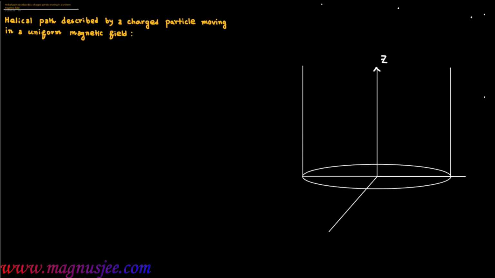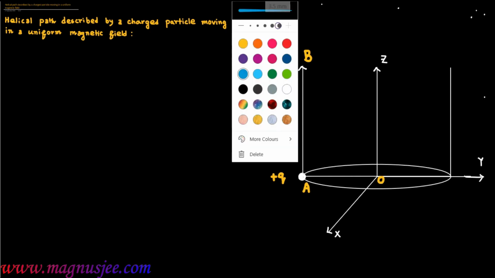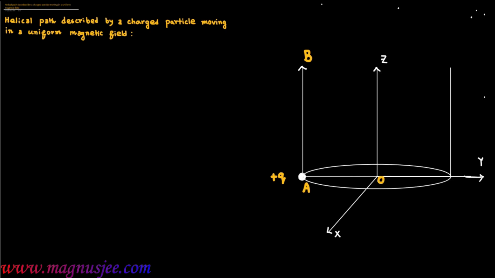obliquely. We can consider three-dimensional axes Z, Y, and X, and a positively charged particle, that means plus Q. This is a positively charged particle of charge plus Q at the point A, and O is the origin. And a uniform magnetic field B acts on this charged particle along the Z axis, and the positively charged particle